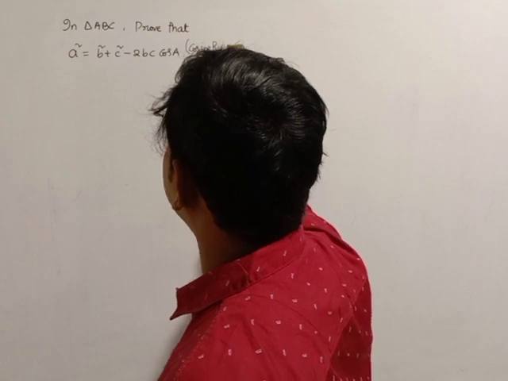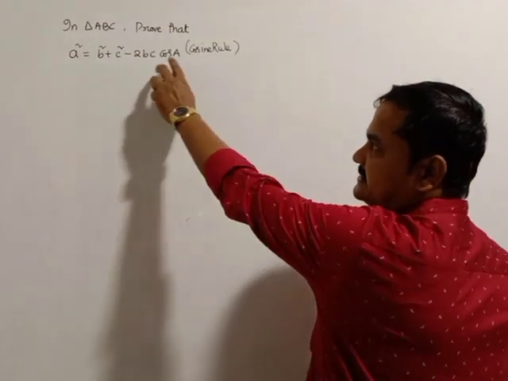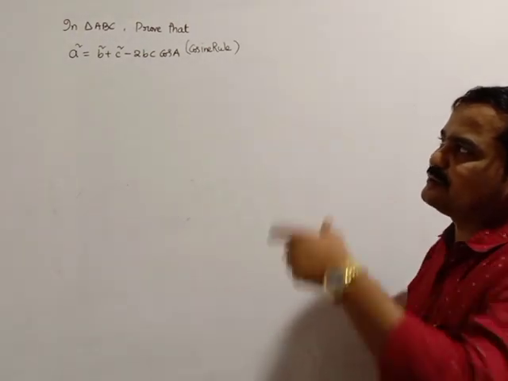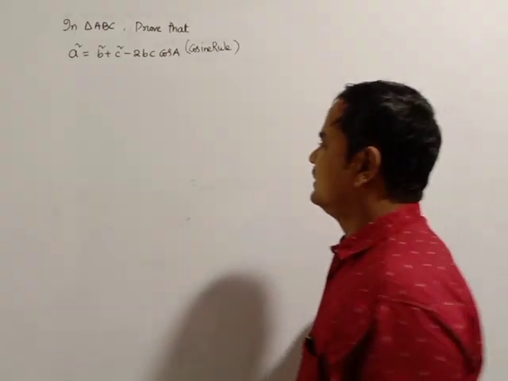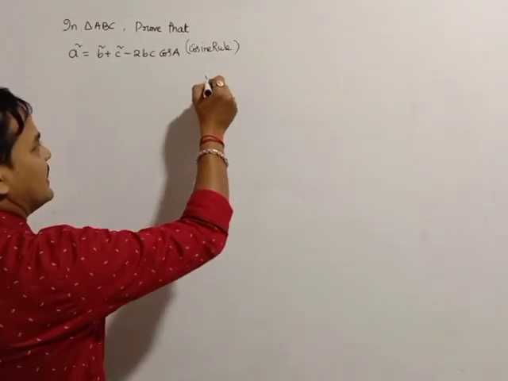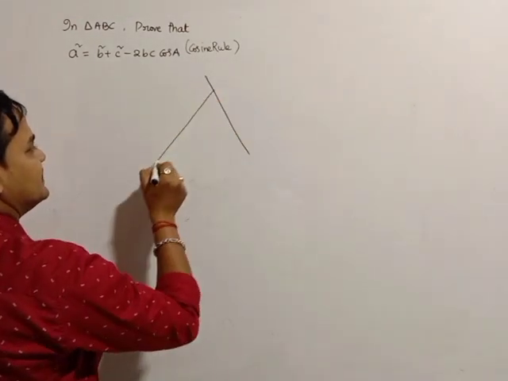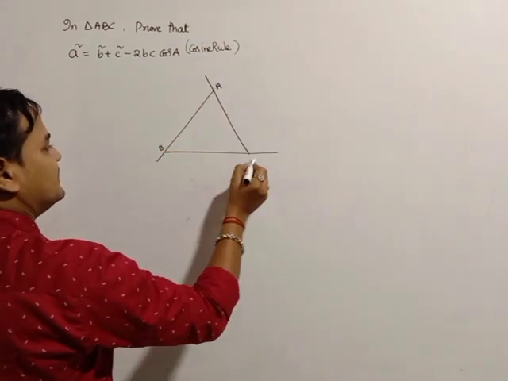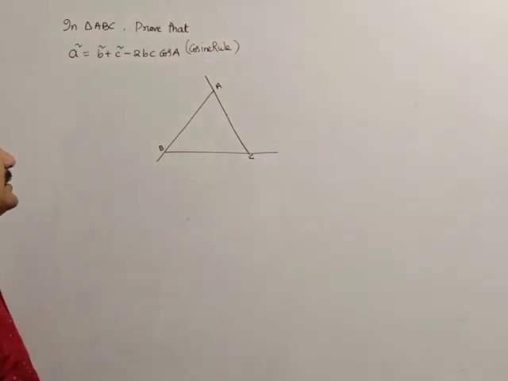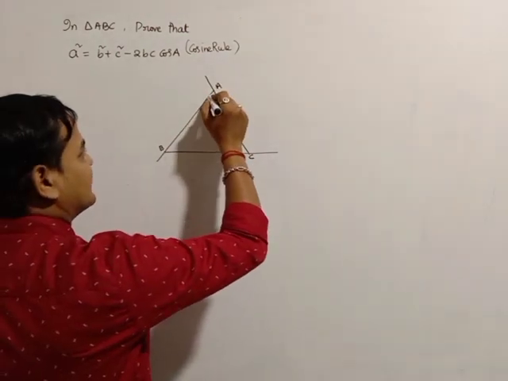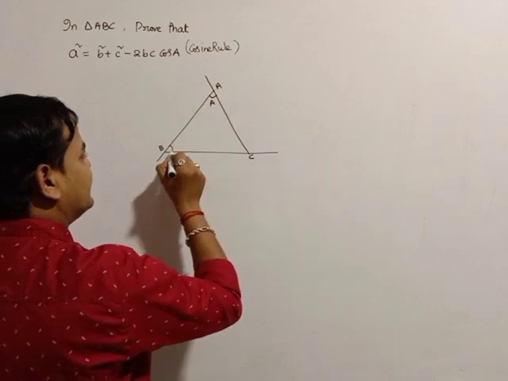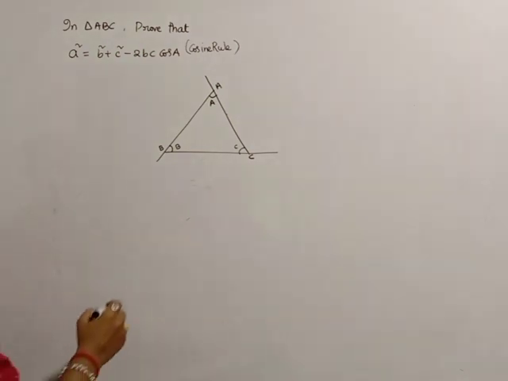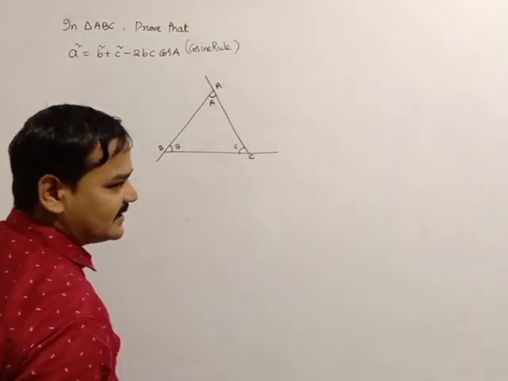I need to prove this cosine rule by the vector method. It is in your physics also. It is in first year properties of triangle also. But here you need to prove it by the vector method only. For that purpose, first of all, I consider a triangle ABC with vertices A, B, C. Suppose the vertex A means the angle A, and the angle B and the angle C generally. Now I need to convert this triangle to the vector method.